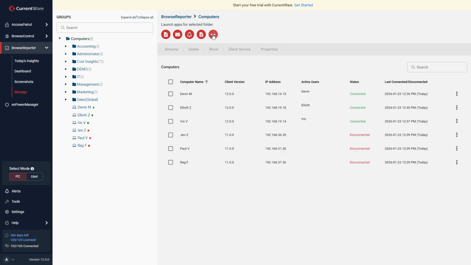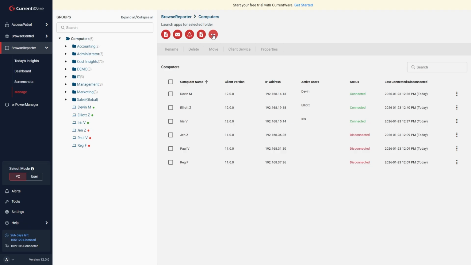Using the End User Activity Dashboard, you can provide your users with access to their own data from the Currentware client on their desktop. With the Morning Message, you can set a custom message that periodically notifies your users that Browser Porter is monitoring their computer. Using operator accounts, you can limit what groups each Currentware administrator has access to, and the features they can use. For example, you can give a department leader access to their department's reports and dashboards without providing access to departments they do not manage. First, let's take a look at limiting data collection using the tracking scheduler.